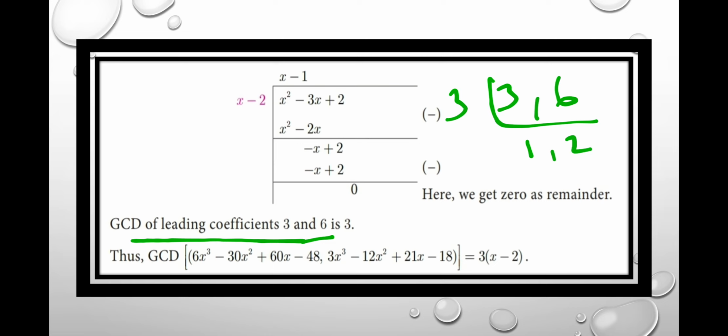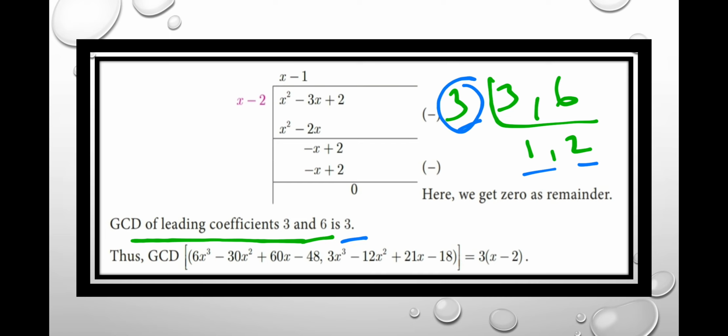To find the GCD, as I told you in an earlier class, for the given numbers you have to divide the given numbers by the same factor. So, here the same factor is 3, both are multiples of 3. That is why I take 3 here, 3 ones are 3, 3 twos are 6. Further we can't divide because there is no same factor other than 1. So, the GCD is 3 here.